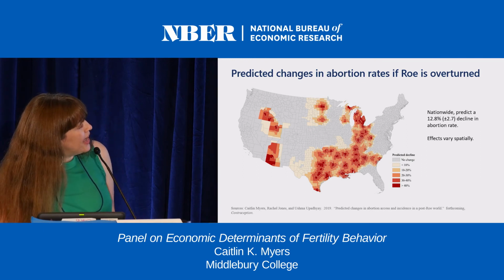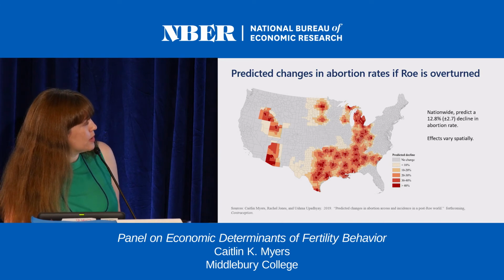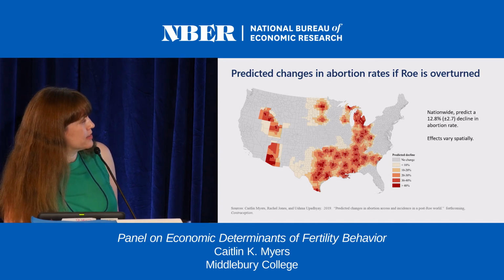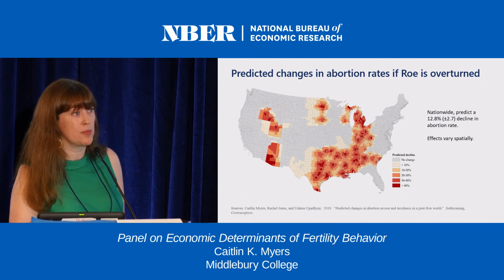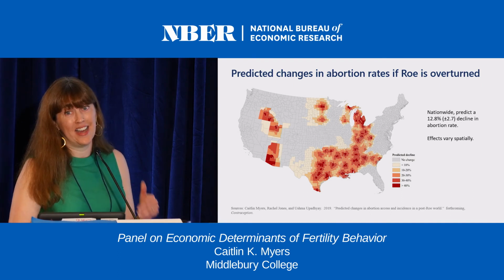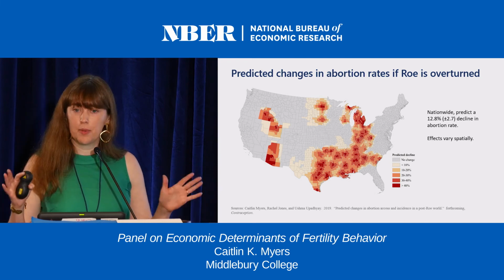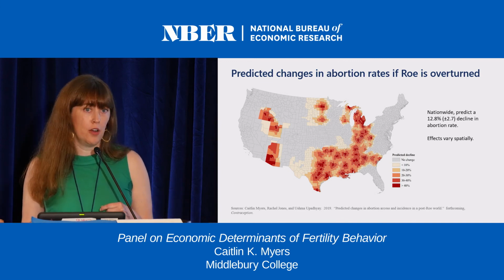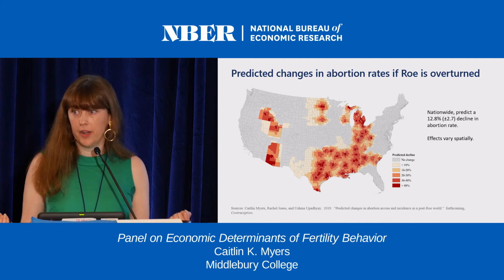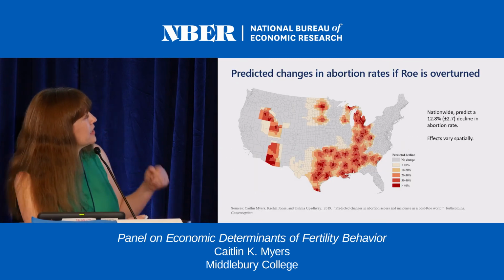But if you look at the counties that are shaded, the ones that are the darkest red are counties where we predict a more than 40% decline in abortions because they have substantial shocks to travel distance. They're places that have facilities right now that would likely close. And then, as a back of the envelope calculation to get a handle on magnitudes, would overturning Roe be the opposite side of the Roe coin in 1973, or the repeal coin in 1970?